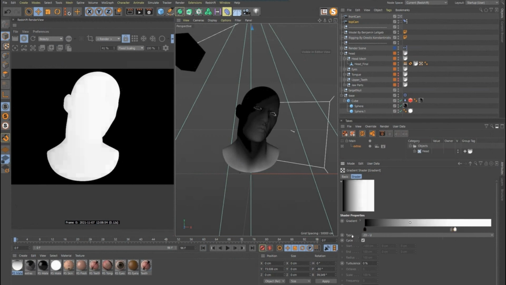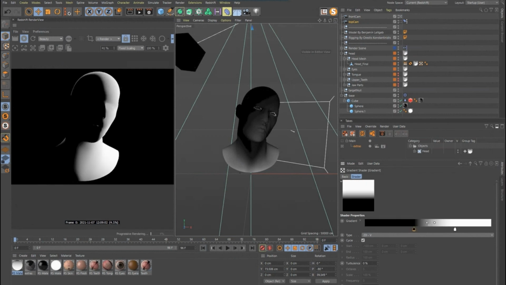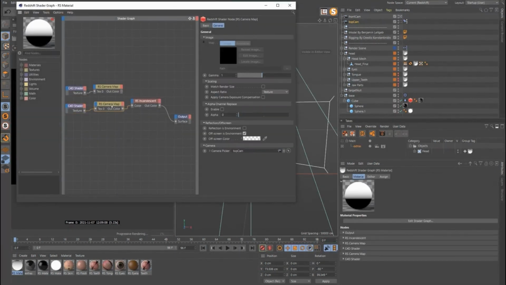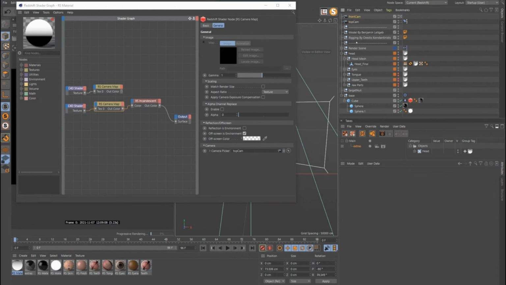And actually, I do want V. I just had this the wrong way, right? So let's put that back to V. And here's the problem. Let's do that.